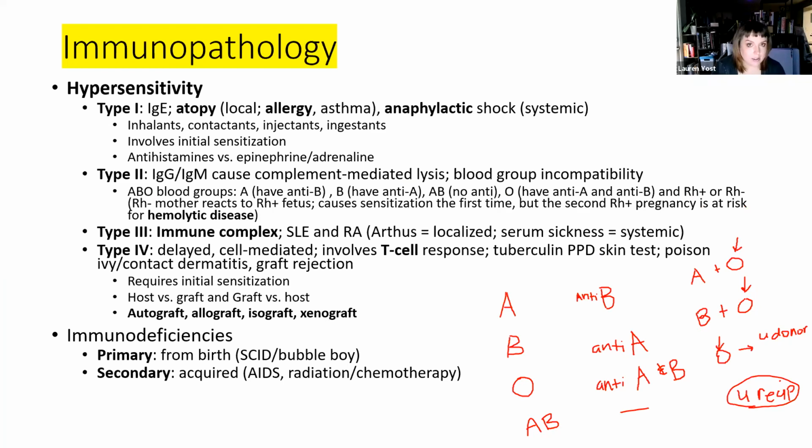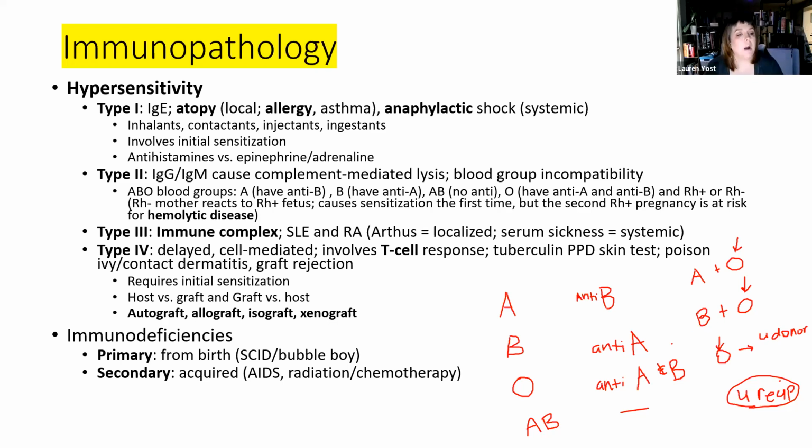They can get stuck in tight spots like capillaries. They can get stuck in the endothelium of the actual blood vessels. And then neutrophils and everything like that come along and see the complex sitting there and start to react in an inflammatory way, because they're like, oh, hey, here's antibody, that means we react to this. And then inflammation ensues. So we see this a lot in places like joints and capillaries that are very thin, like in the cheeks, right? So this is dealing with SLE, which is lupus. And you remember the butterfly rash for lupus, that's from this reaction. You can also get it in the joints, and that's what we see with rheumatoid arthritis.